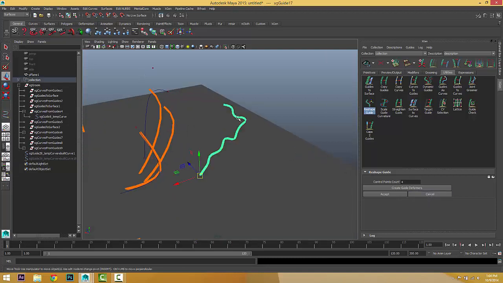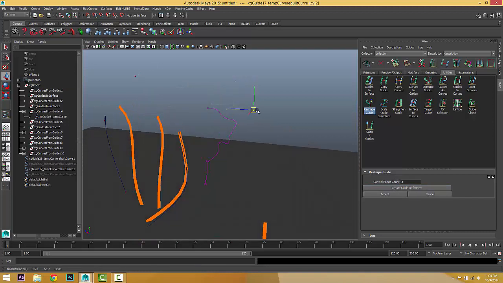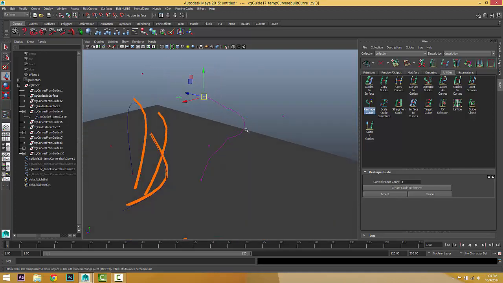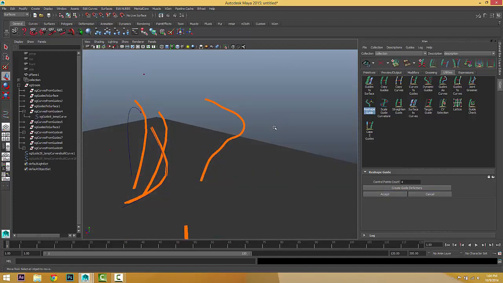Just choose cancel, select this, choose create again. Okay, this is now more manageable, as you can see. So we can change it very quickly, and after you change, you can choose accept. We'll get the guides. Okay, so if you have a lot of control points, you can reduce it using a deformer. Convert to a deformer or a curve with a small amount of control vertices to change the guide.